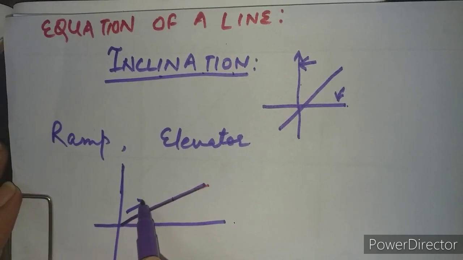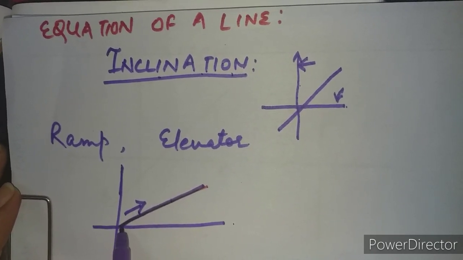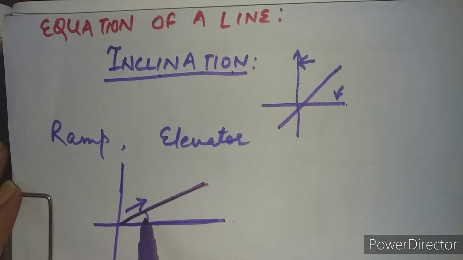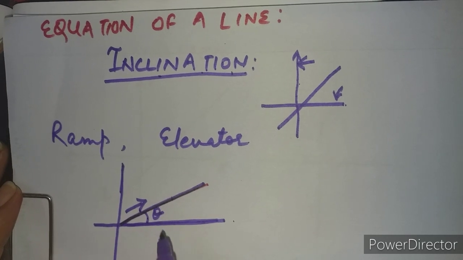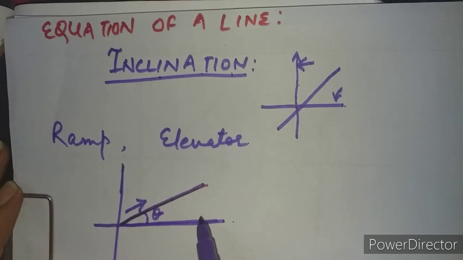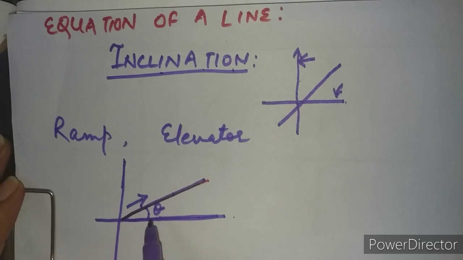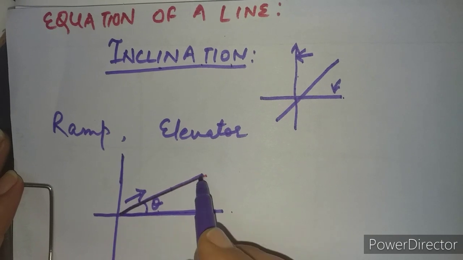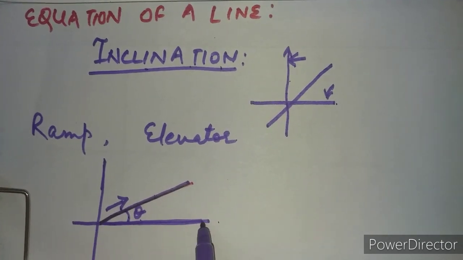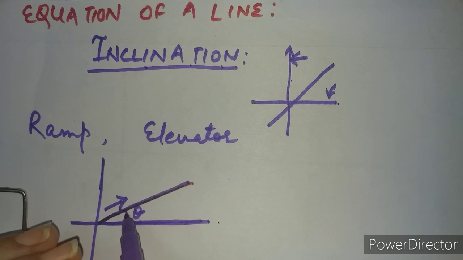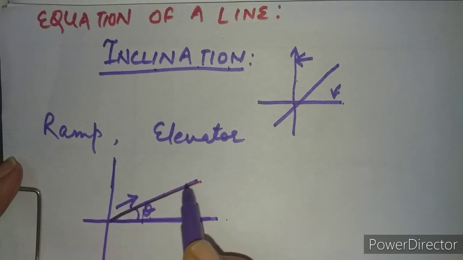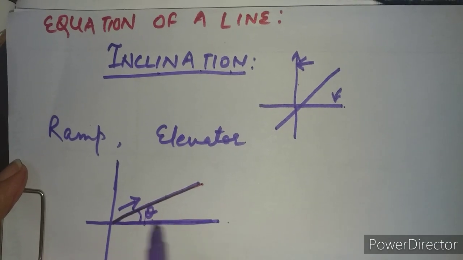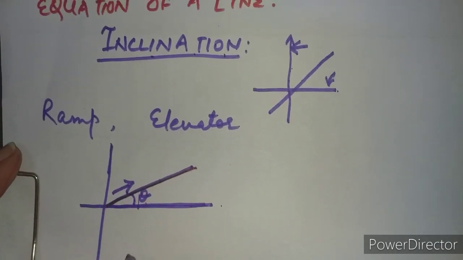So now this is the ramp, and this way we move on the ramp, right? Then with the horizontal line, it is making some angle here. Now this angle we call theta, or you can name it with some other notation also. So the angle theta is the angle through which the slope or this ramp is inclined to the ground. Because it has got some angle, only then it has become an inclined plane. Otherwise it could have become a simple horizontal line or this vertical line also, right?